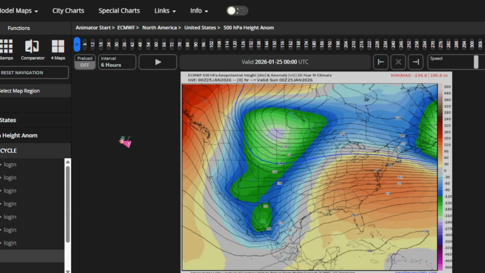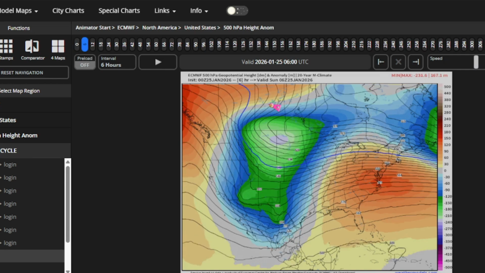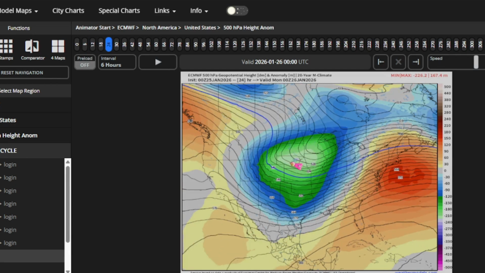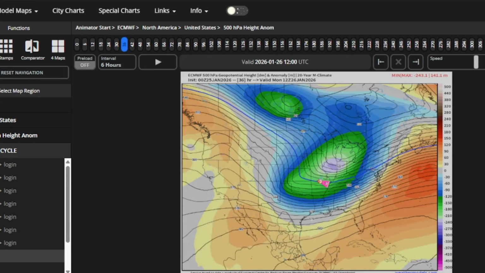Now the European model is showing a few things. There is a pressure change, a lower pressure coming up in northern Canada. But here's the thing though. In a couple of days, there is this low pressure that is going down from Canada all the way into the north central. As the day progresses, there is a high pressure from the west pushing this low pressure into the east, and another one up in the north.